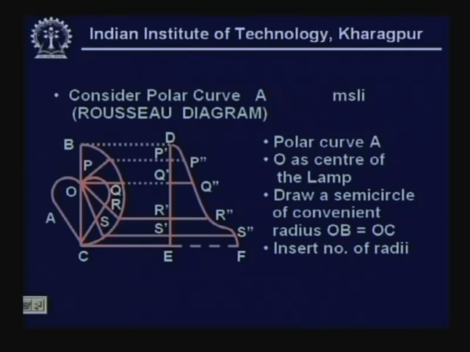So, I take that as the radius and draw a semicircle, and then from O at several points I keep drawing radial segments to the polar curve,